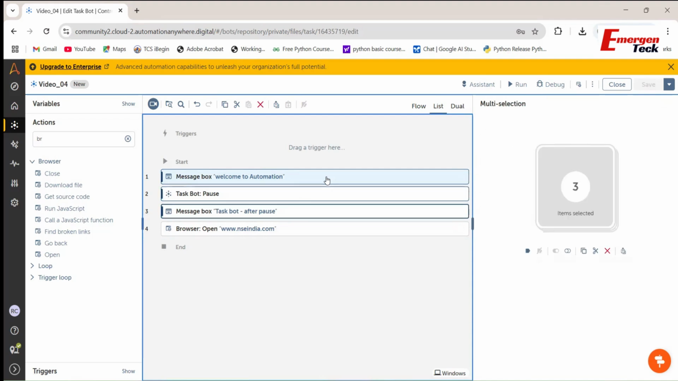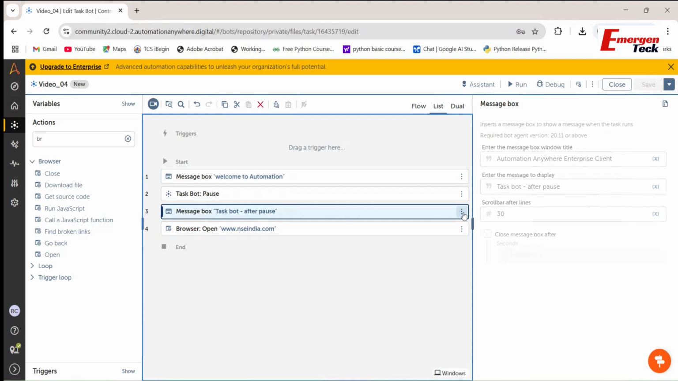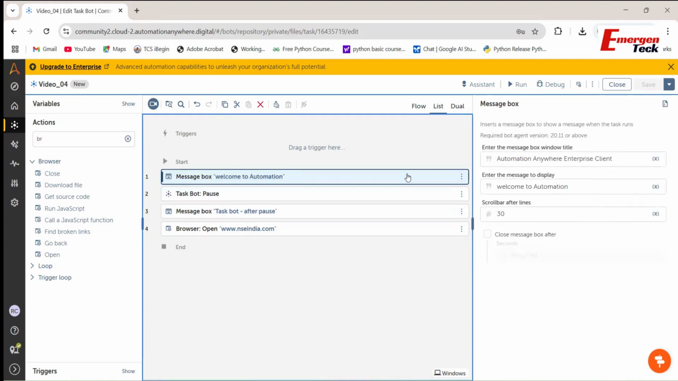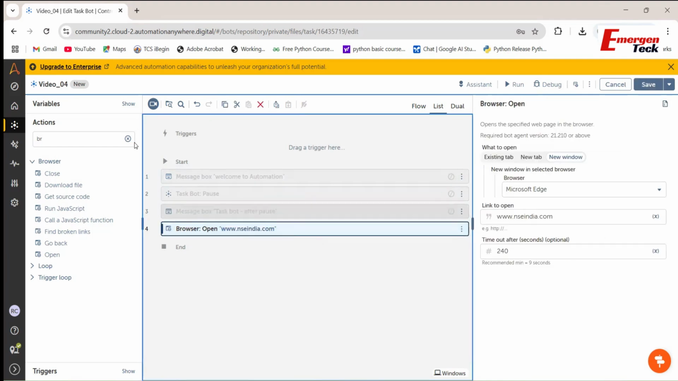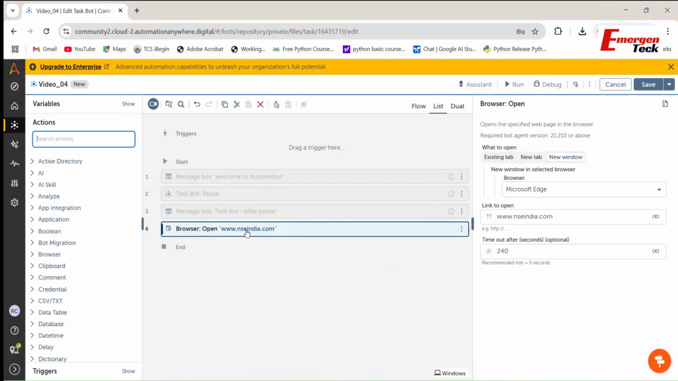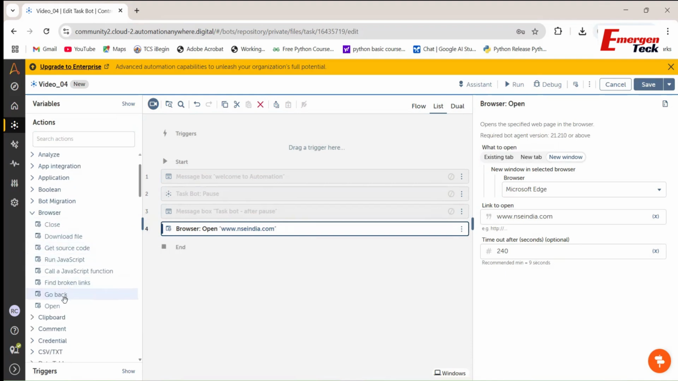Now I will be disabling this message box. So let's disable this. And now we will move on to the web automation. For that, we will use the browser package and open action. So this one I have taken. And here there are actually 3 options for opening the browser, like in the existing tab or the new tab or the new window. So it's always better to select the new window so that it will be easy to identify